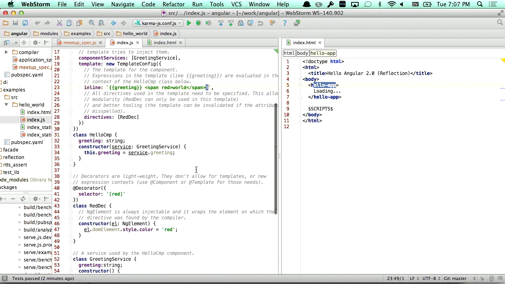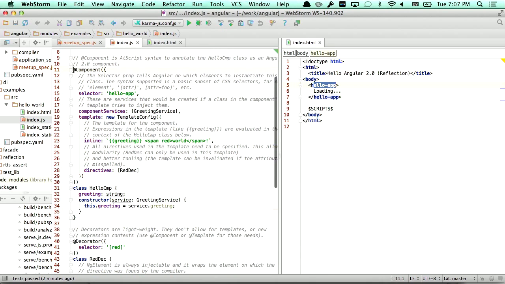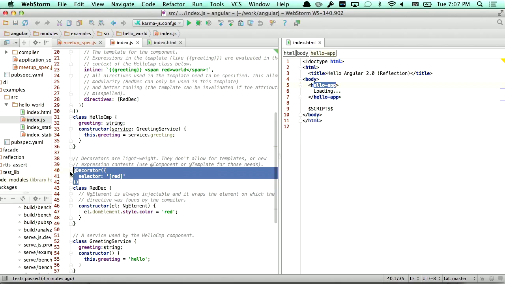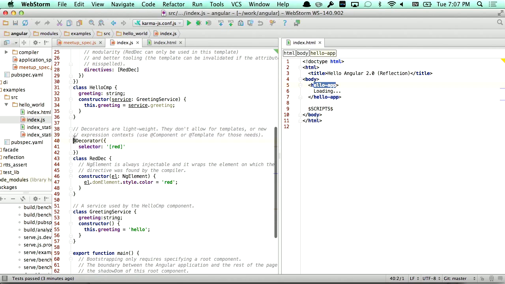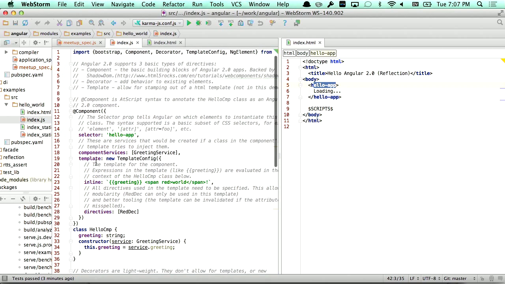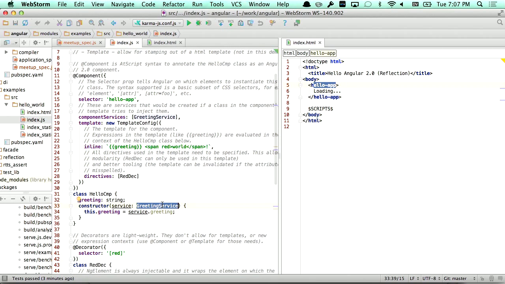So what I wanted to show you is just how something like an annotation can really simplify your expressivity. Before, what you had is this complicated directive definition object. Now directives can be expressed with a simple thing, something like this. It also allows us to use dependency injection because we can introspect on fields, like you can see over here, because of the type information and so on. Now again, all this stuff is optional. You can write the code in good old ECMAScript 5 way, or you can take advantage of these particular things.